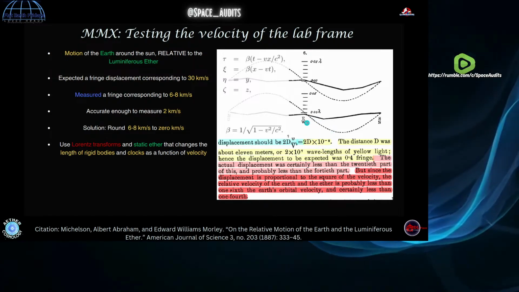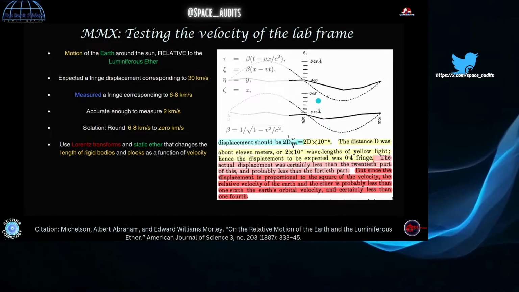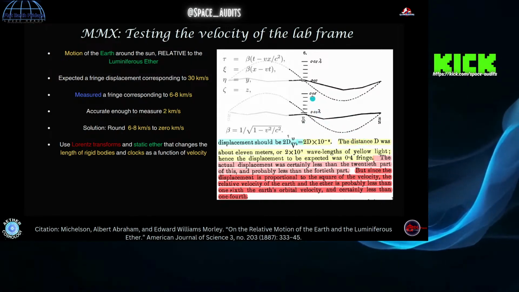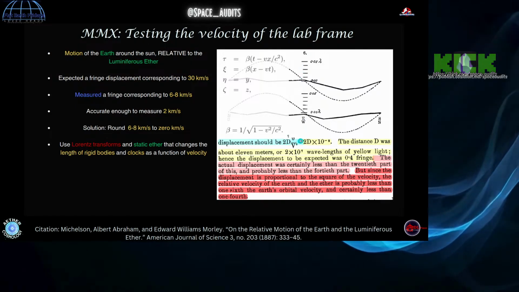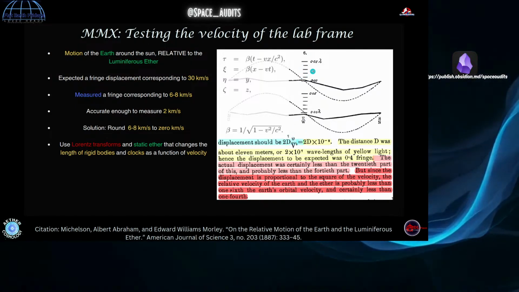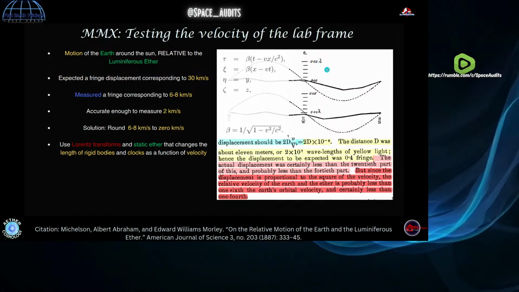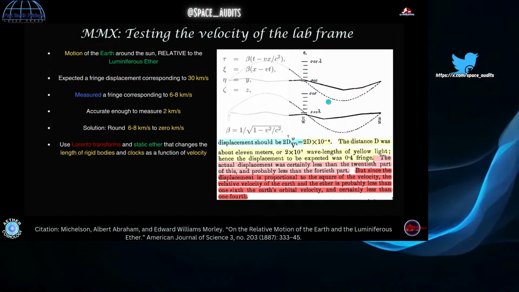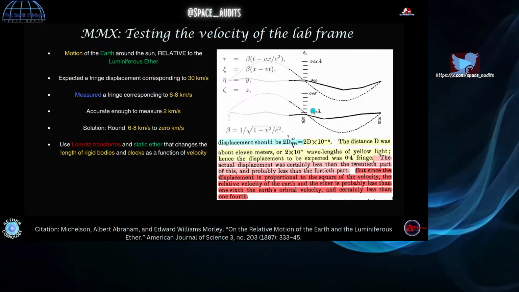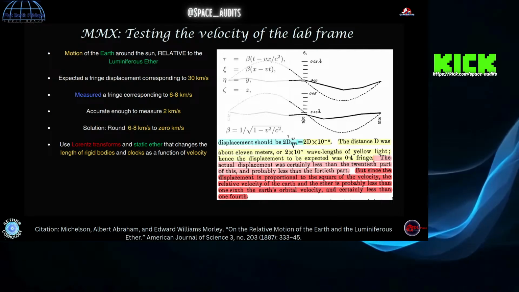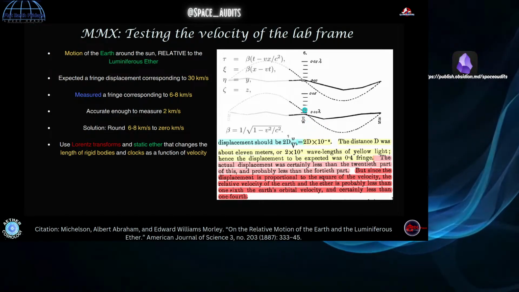So that's what they were doing with water when they took that measurement. So they knew that this was a valid interpretation and how this would work. When you math this out for 30 kilometers a second, you would predict that the fringe displacement is going to be 0.05 wavelengths. And when they measured it, they got just over one wavelength. And when you square that, that comes out to 6 to 8 kilometers a second rather than 30 kilometers a second.